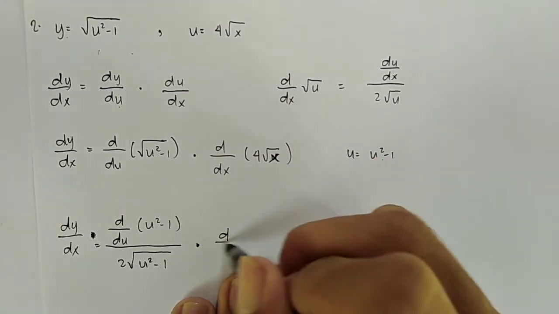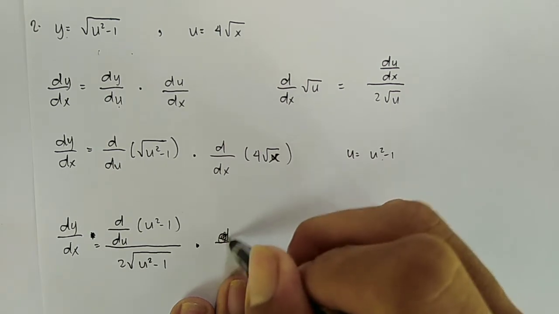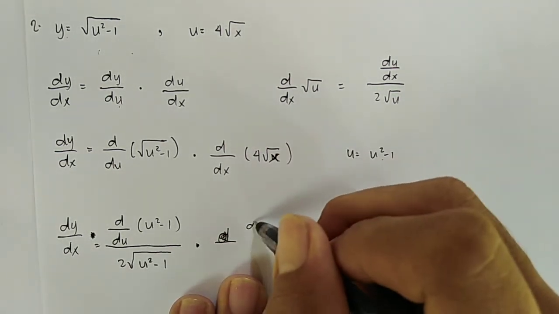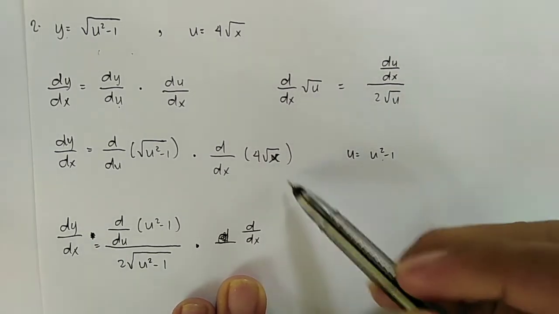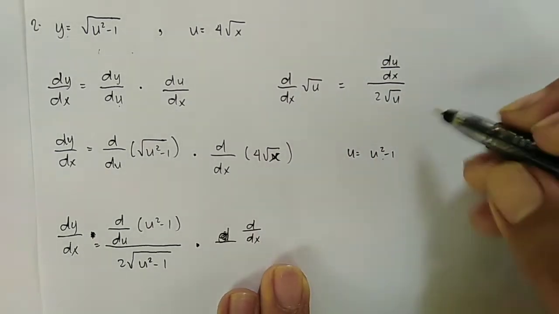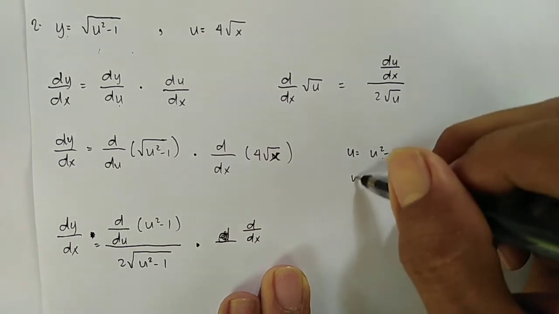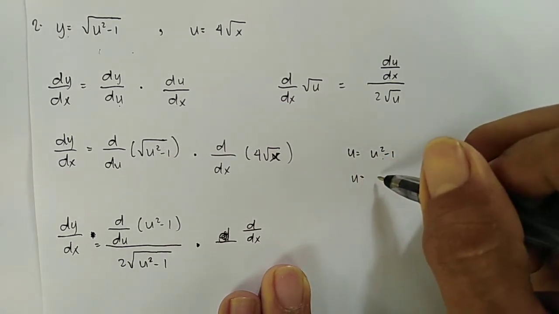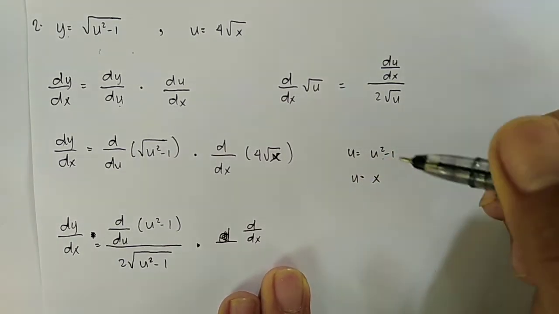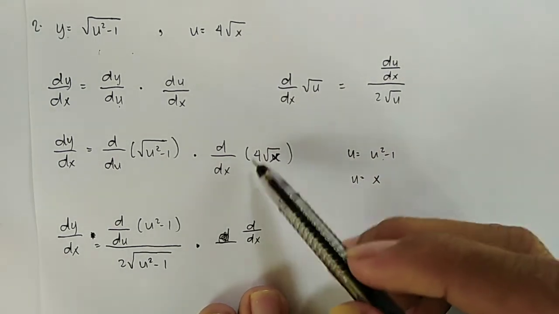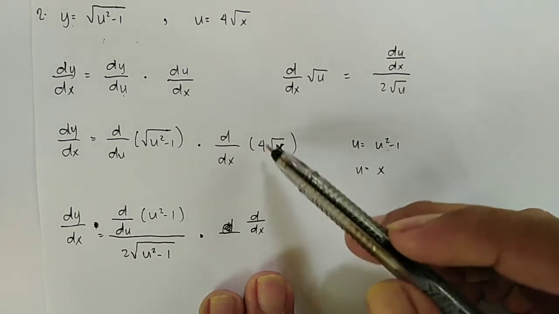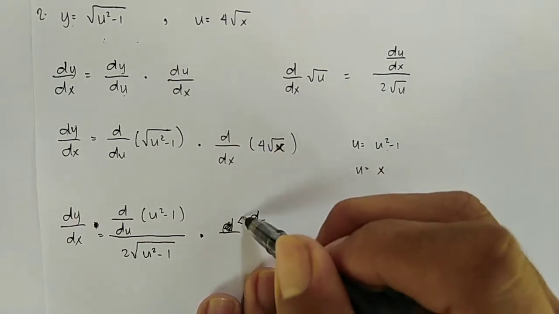So, d over dx. Isusulat natin siya sa ibabaw para may d over dx, since ang function natin ay in terms of x. So, yung u naman natin dito sa pangalawa ay equal to x lang. So, ang ihahalili natin diyan ay yung variable x. Pero kung makikita ninyo dito, mayroon tayong constant 4. So, isusulat muna natin yung 4 bago yung